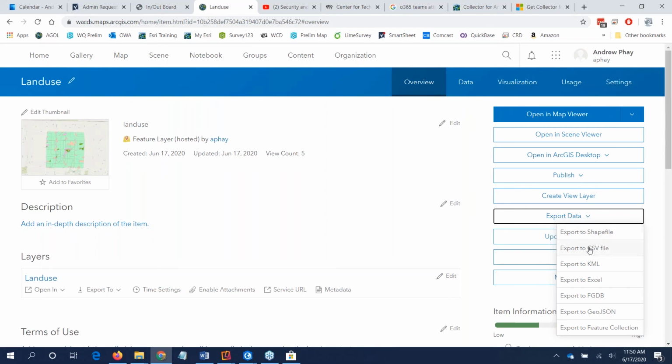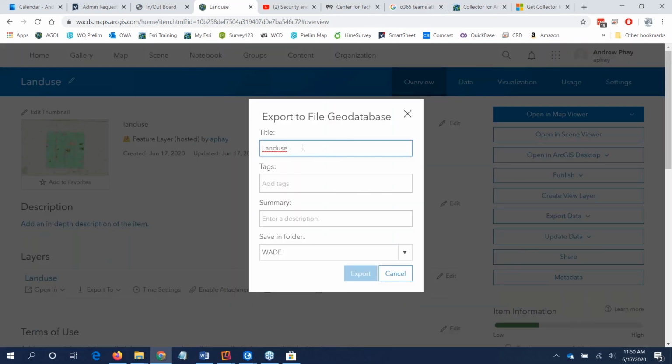Obviously, the CSV is not going to have photos in it either. KML will actually have the photos linked to them. But what most people are doing nowadays is exporting a file geodatabase. And how I do this is, I tag the name with file geodatabase, so I know it's an exported file geodatabase. Since there's nothing in here, Wade,